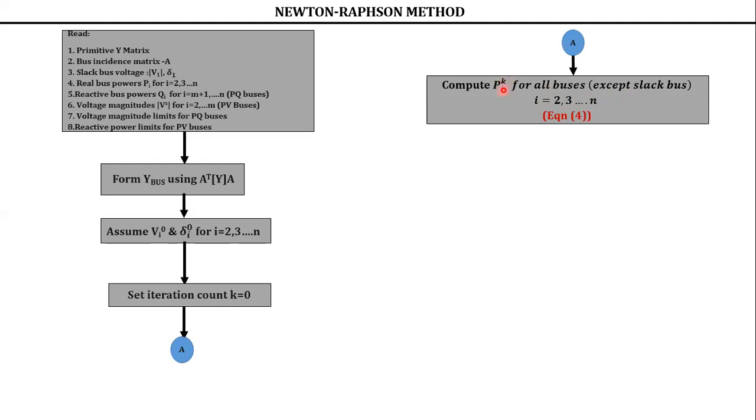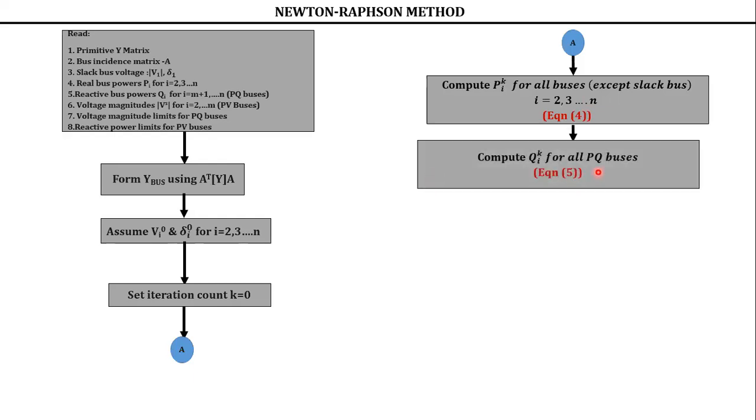Using what are you going to compute Pik? Using equation 4. Next, after computing the real power, you find the reactive power. For which buses do you have to find the reactive power? That is Qik, equation 5, used only for PQ buses. You see here, that is the difference. Real power for all buses, whether PQ or PV bus, but Qik, the reactive power, you have to compute only for PQ buses using equation 5. Understood? So please remember this. I have already explained this concept several times; again, I am explaining it with the flow chart.